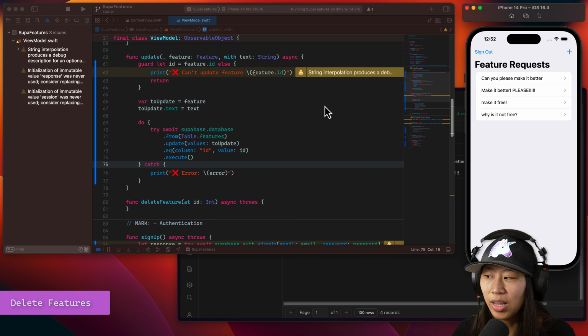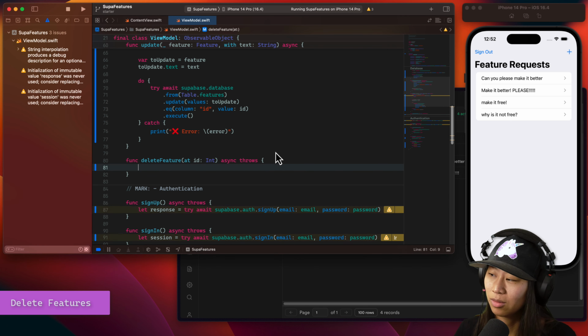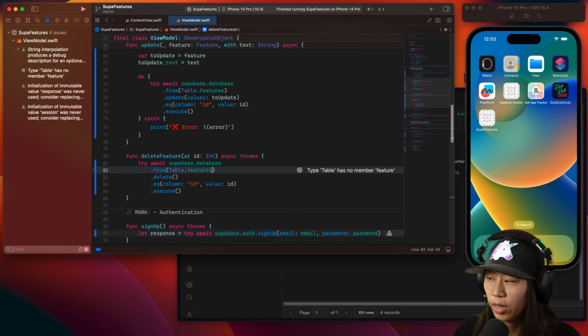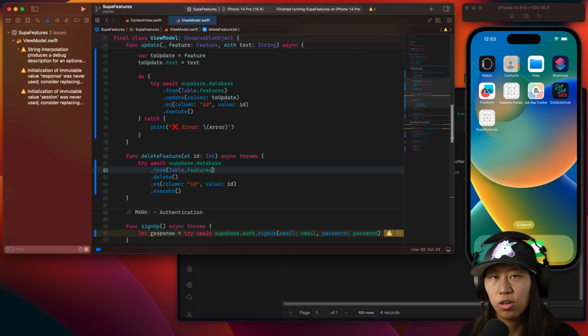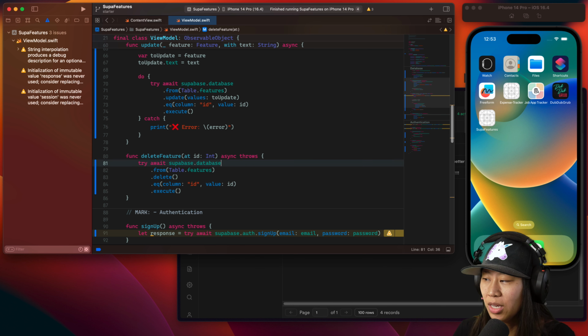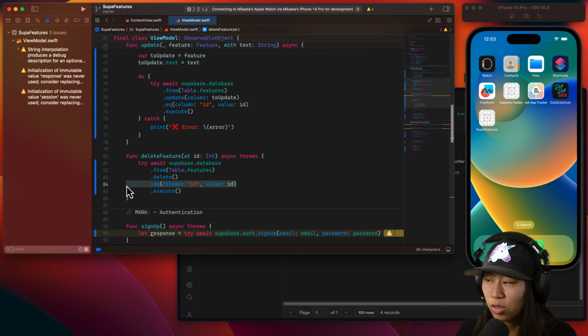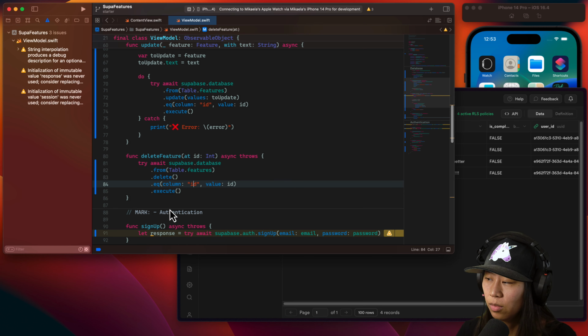So now let's do the last one. Let's delete something. And here we go. It's all the same thing. We are using the Supabase client, so we just have to call it. What we want to do is do try await supabase.database, which table we are deleting from. It's the features table. We are calling delete, and then specifying which one we are deleting. We are deleting where the ID is equal to this ID, and that ID column is this one, and then